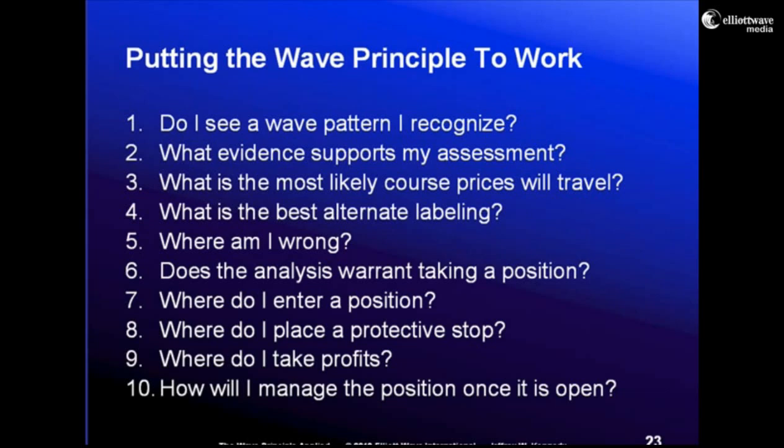And with respect to the Fibonacci multiples that most everyone is aware of, for example, wave C equals the distance traveled in wave A, wave 3 equals a 1.618 multiple of wave 1, wave 5 tends toward equality with wave 1 when wave 3 is extended. Now you have an idea of where to actually be taking these profits, and then how will I actually manage the position once it's open?